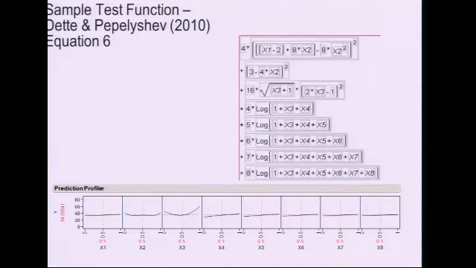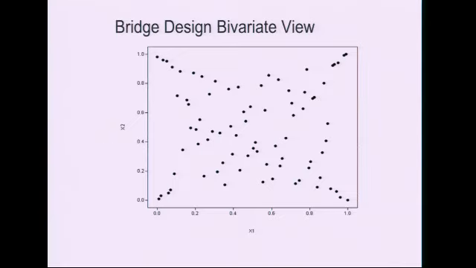This is their equation 6, and it's an 8-factor example. You can see that the functions are kind of complex. As you go from x5 through x8, there's more and more flatness for each factor. The main action is happening in x2 and x3 here. When I used the full quadratic model for my model underneath my design, I used an 80-point design just like